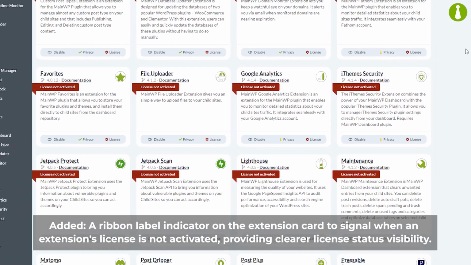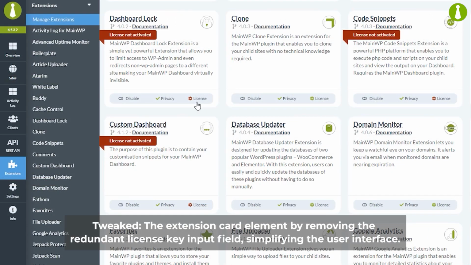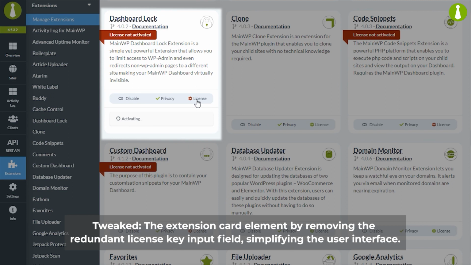We've added a ribbon label indicator on the extension card to signal when an extension's license is not activated, providing clearer license status visibility. We've tweaked the extension card element by removing the redundant license key input field, simplifying the